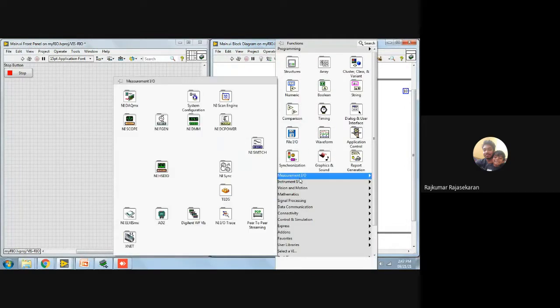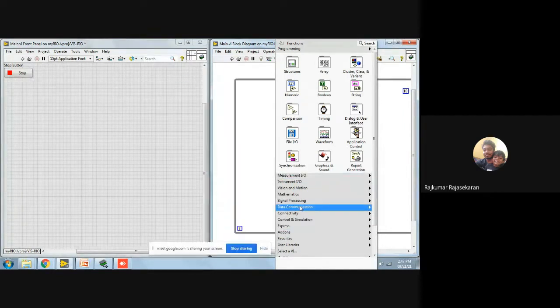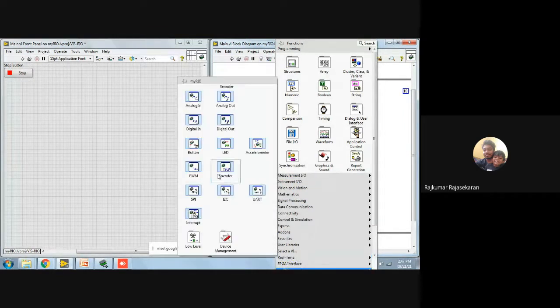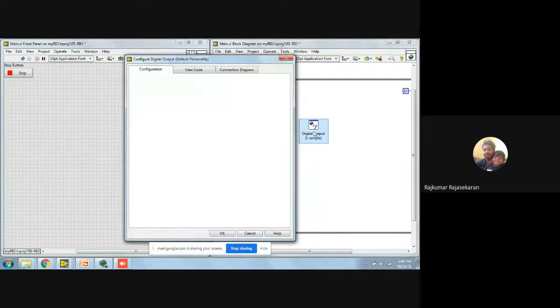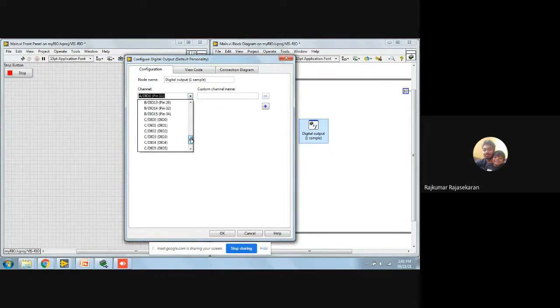Okay, so like myRIO, you have digital output. Okay, DIO 0 and DIO 1 is for forward and reverse. Okay, port C. I mean, I could use port A and port B, but I require some specialized male to male connectors or male to female connectors for that.